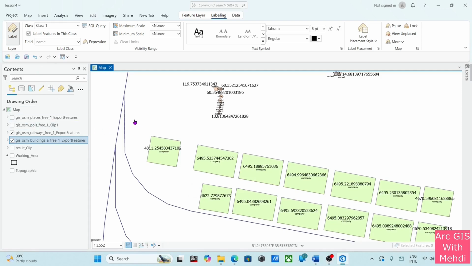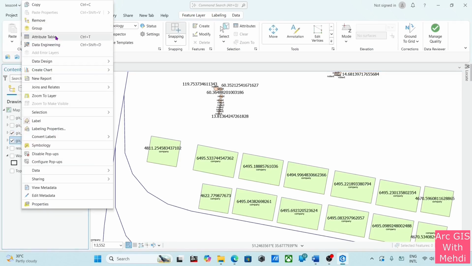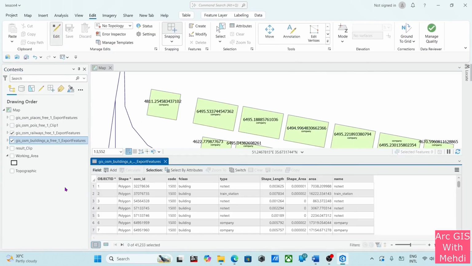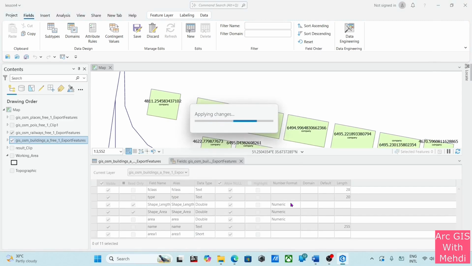For doing this purpose, go to the edit, enable the edit, right click here, attribute, add the field, for example area 1 for the name, set with the short, save the layer,